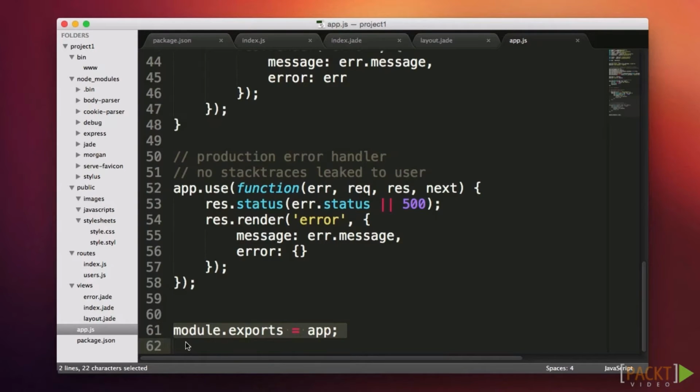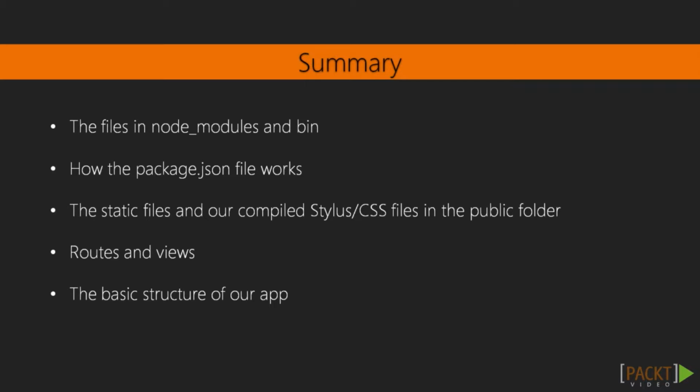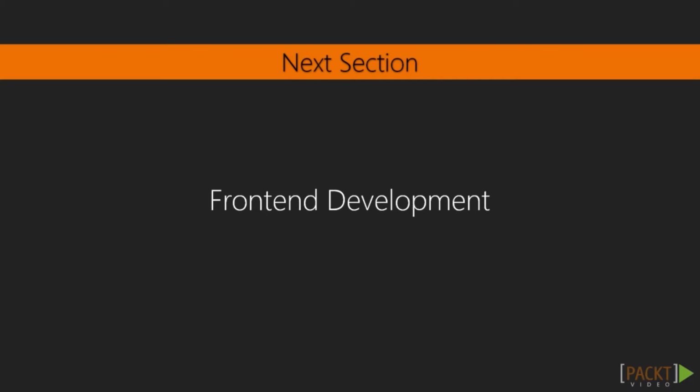So here we've covered the files in Node modules and bin and discussed how the package.json file dictates what will appear in that file. Then we browsed through our public folder to see static files and our compiled Stylus CSS files. Then we looked at our routes and views to see how the HTML files can be served. Finally, we browsed through our app.js file to see the initialization code in our app. In the next section, we'll be learning about the Jade template engine, the Stylus CSS preprocessor, and how to use